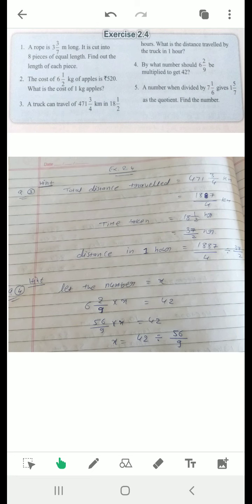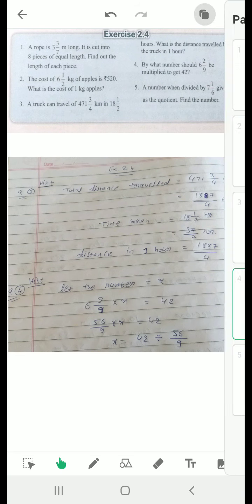There was a number that is multiplied by 62/9 and the answer we got is 42. Okay, then 62/9 multiplied by x equals 42. Convert this into an improper fraction, then 56/9 multiplied by x equals 42. Okay, and then x will be equal to, this is multiply, it will go into divide there, 42 divided